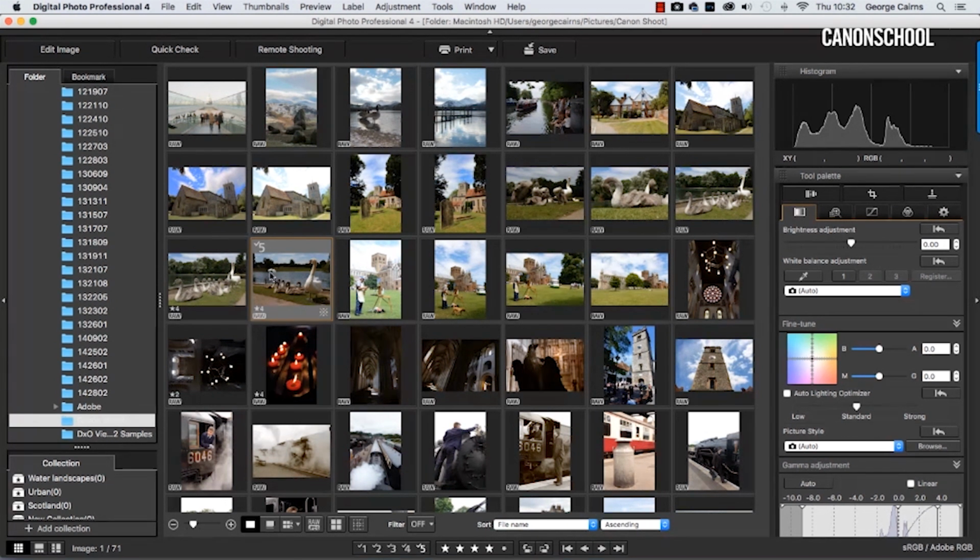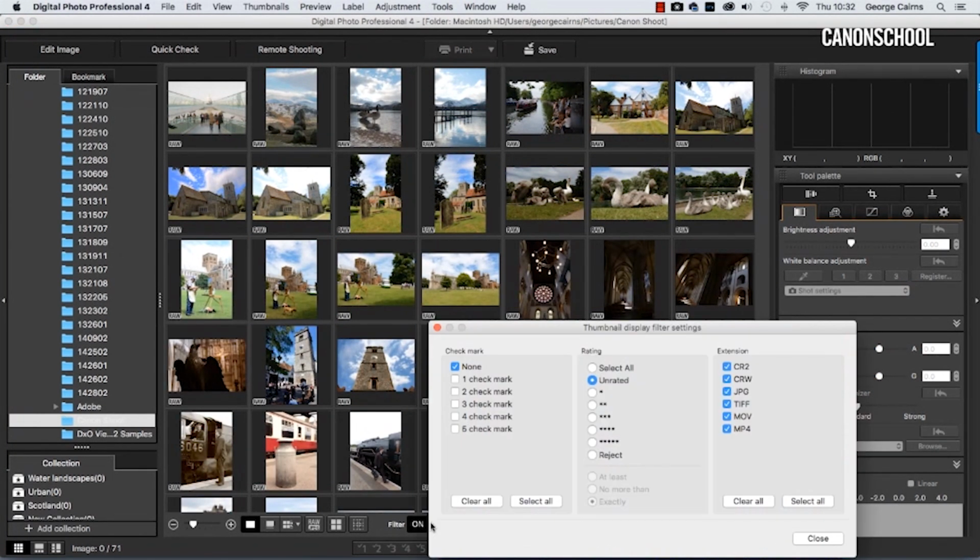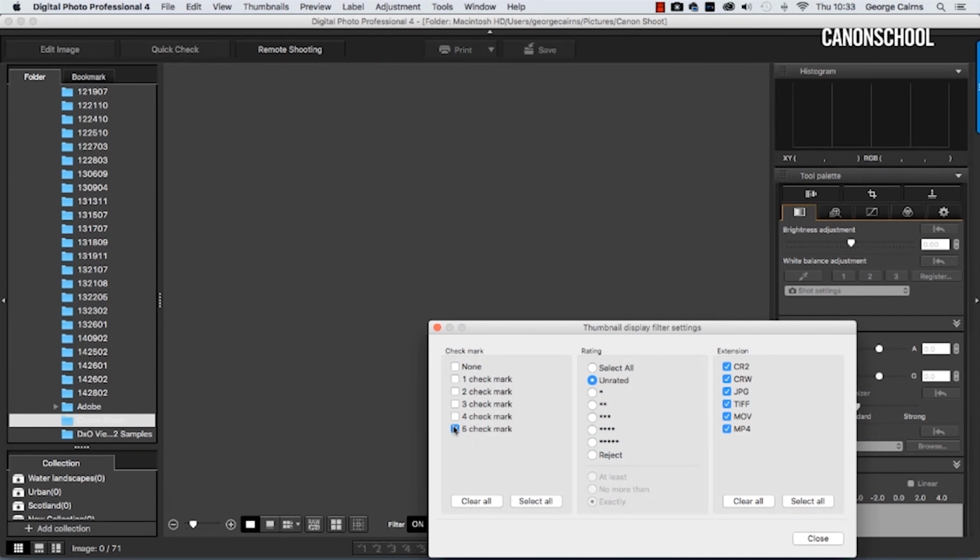And once you've added ratings and check marks to a few files, then you can filter to find those particular files by turning filter on and then clicking here to choose the criteria that you're looking for. So you might look for things with a check mark of 5, for example. Let's untick none for the moment. So check marks of 5 that have a rating of 4 stars, for example, and that then shows up with